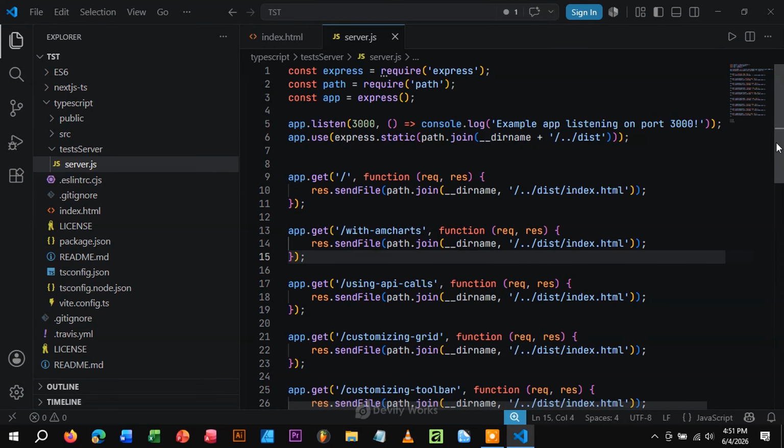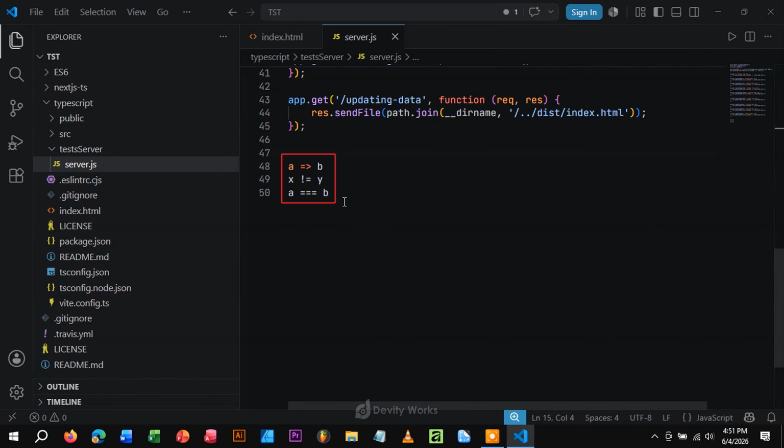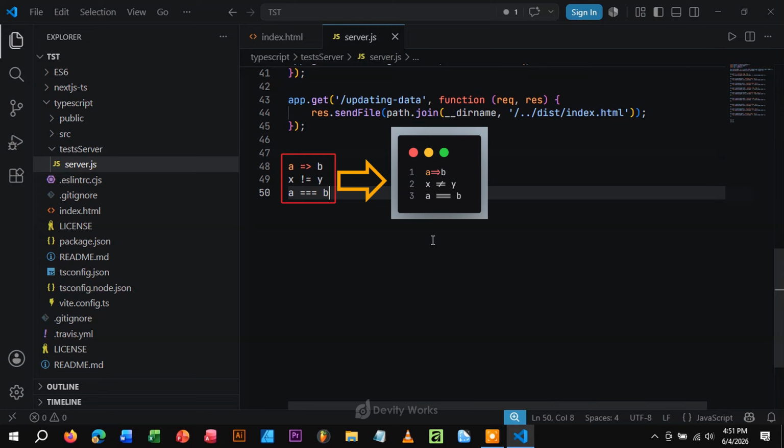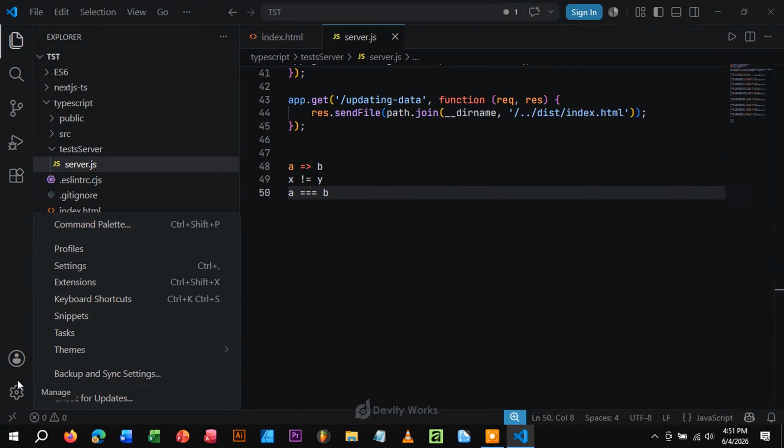There's one more thing I'd like to show you. If you want your code to look cleaner and easier to read, you can enable font ligatures. What they do is transform common operators, like arrows or equal signs, into more visually readable symbols, without actually changing